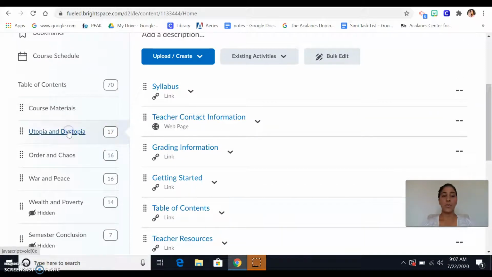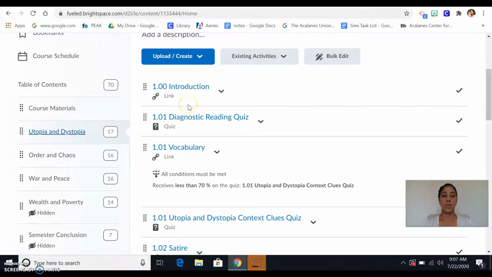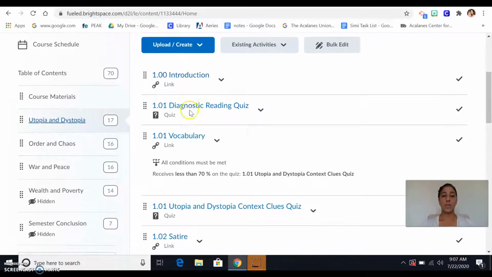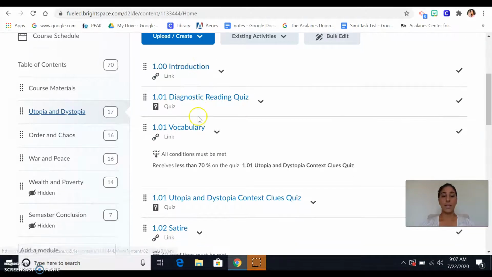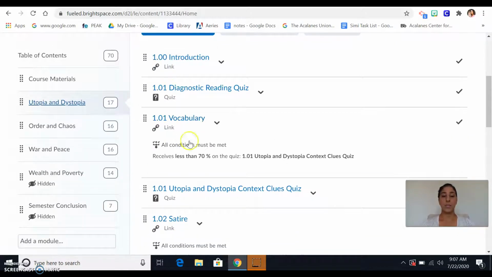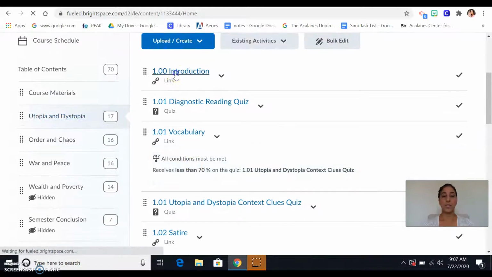If you click on the units, this is where you as a teacher can click through your units and get an idea of what the content is. Students will be able to do this also. So if I just click on this introduction unit,